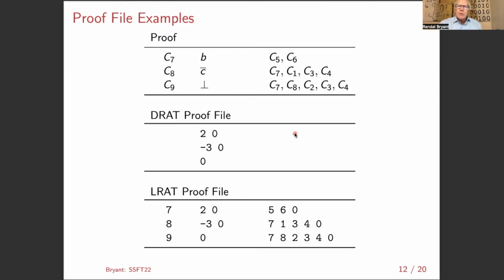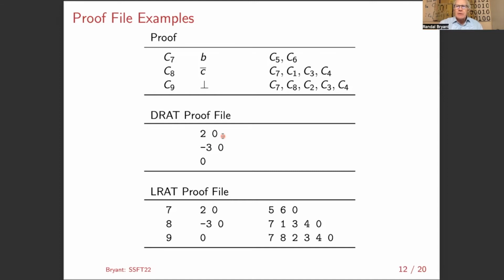There's another tool that we'll describe that takes a DRAT proof, and its job is to add the antecedents. So it has a very simple polynomial time search algorithm that lets it scan, given a target clause, and find among the preceding clauses a set of antecedents that by the RUP rule will imply that target clause. And the final format that it turns into is one called LRAT,